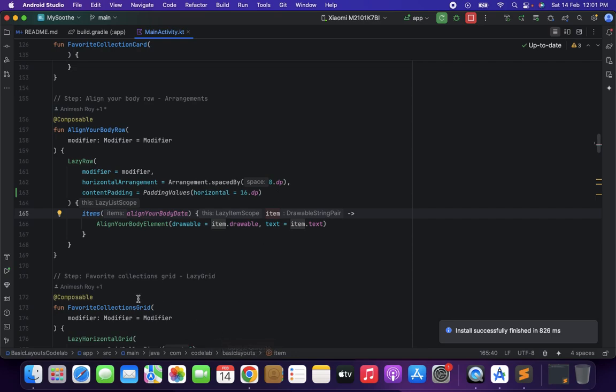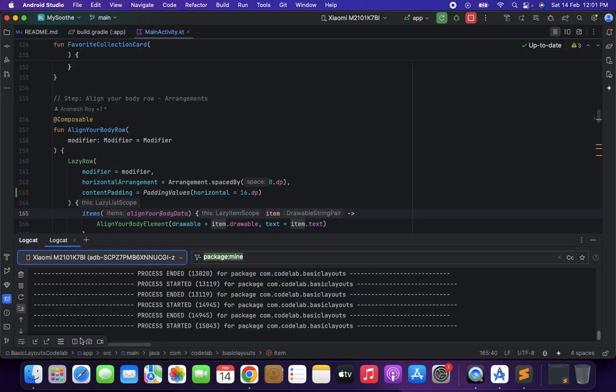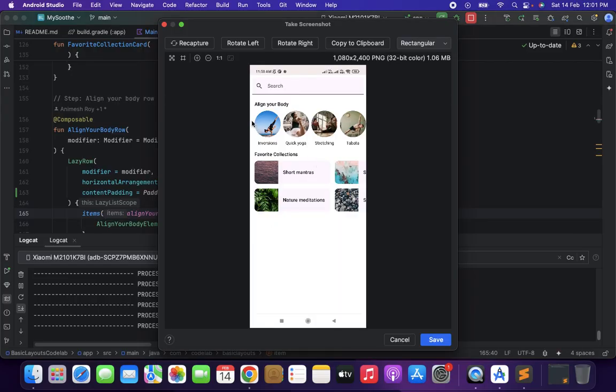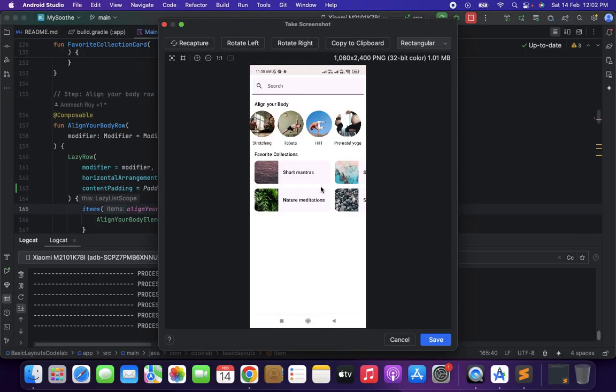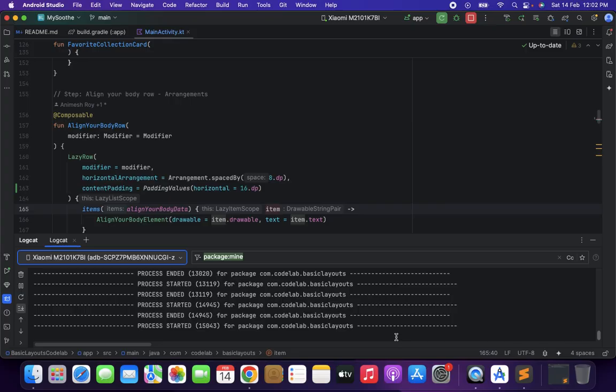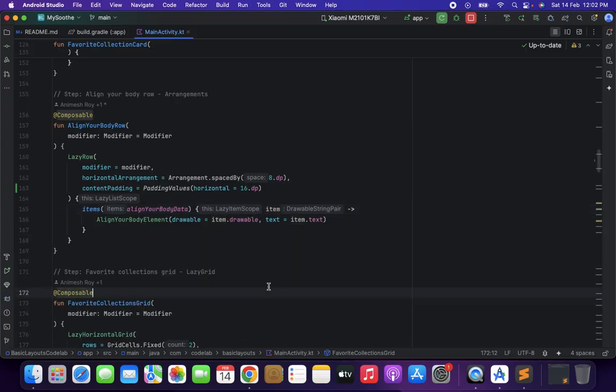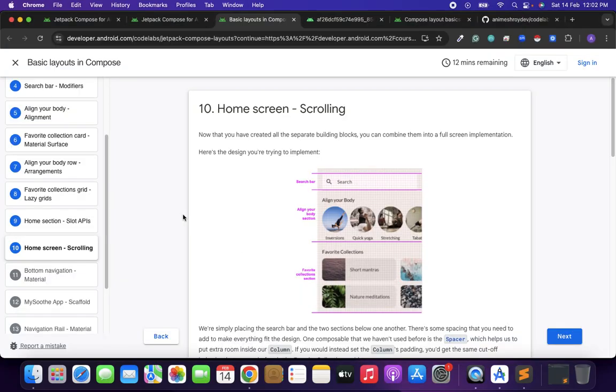Yeah, our application is looking good. Let me show you how it's looking on my screen. See this kind of space. Also, what we have used is the horizontal as well, so at the end of the screen, there is also spacing. See, at the end, it's also spacing. So, working great. Now in the home screen